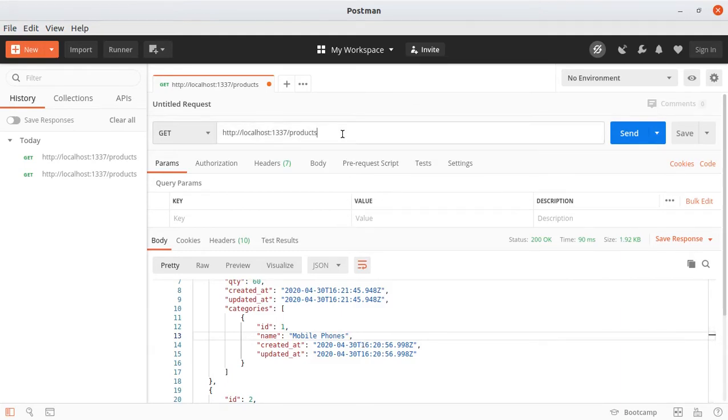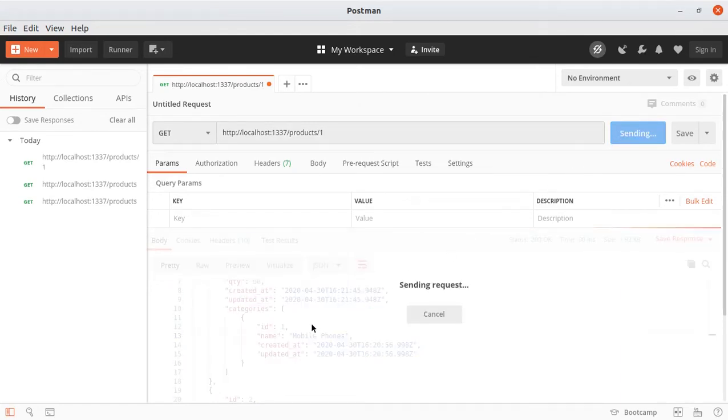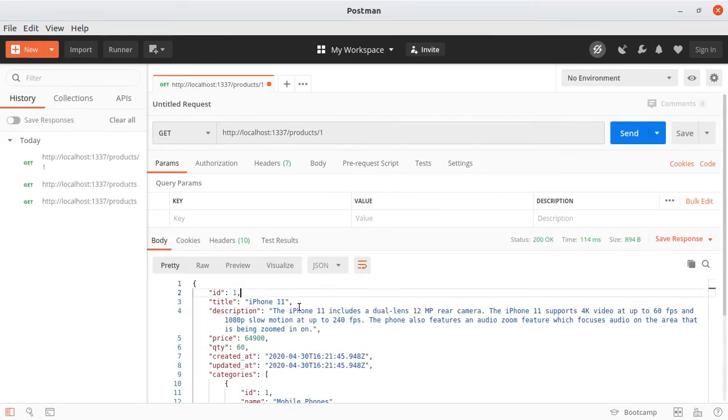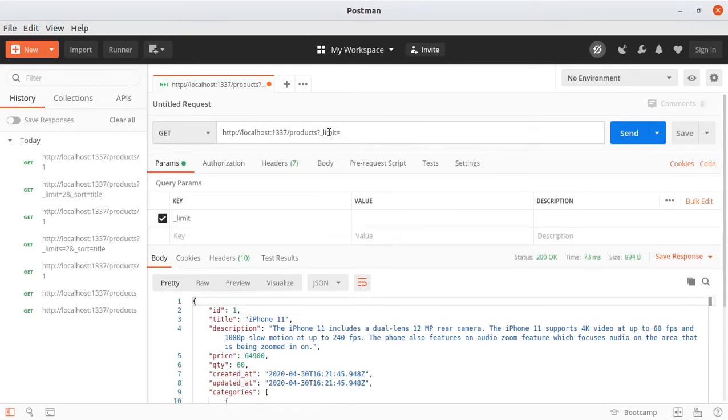We can also check out a single product. So if we add slash and then 1, that will just give us the product with the ID of 1. We can also add query parameters. So if we put a question mark, we can do underscore limit.